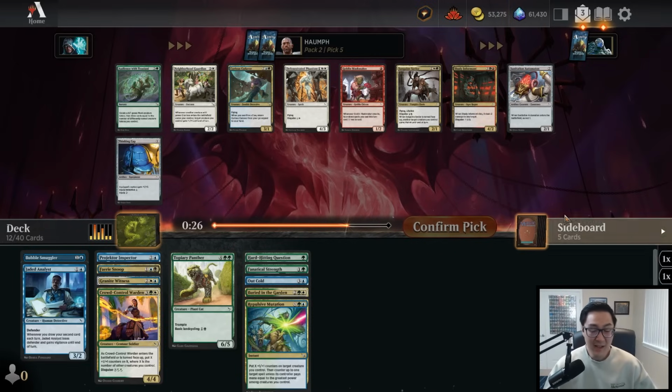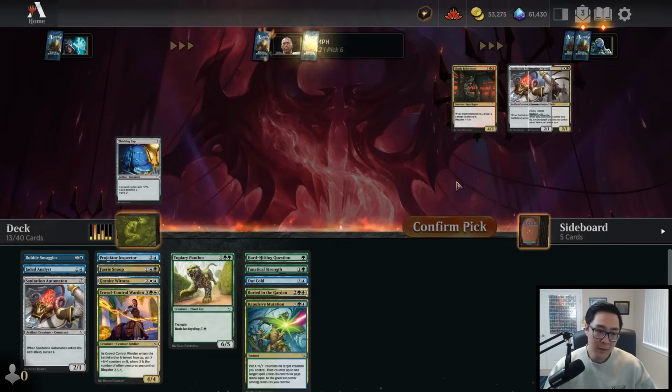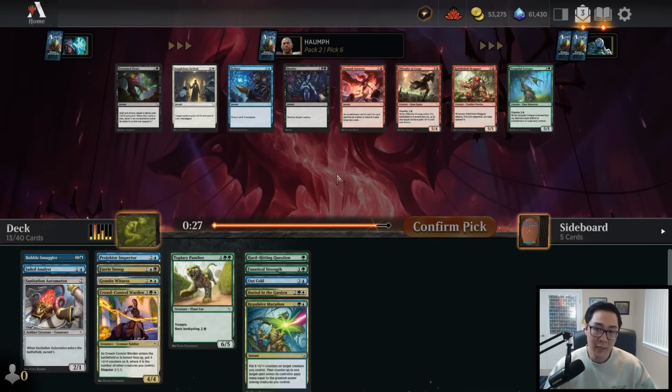I mean, yeah, this pack would have been Novice Inspector into Private Eye into Neighborhood Guardian. But remember, this is pack 2. This is pack 2. We're just going to keep taking 2-drops for our deck here in Sanitation Automaton. And like I said, this is definitely a deck that's just looking to...